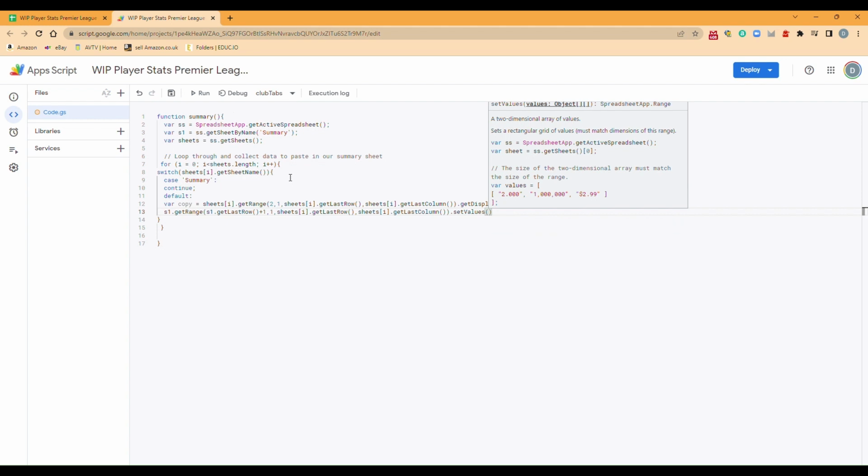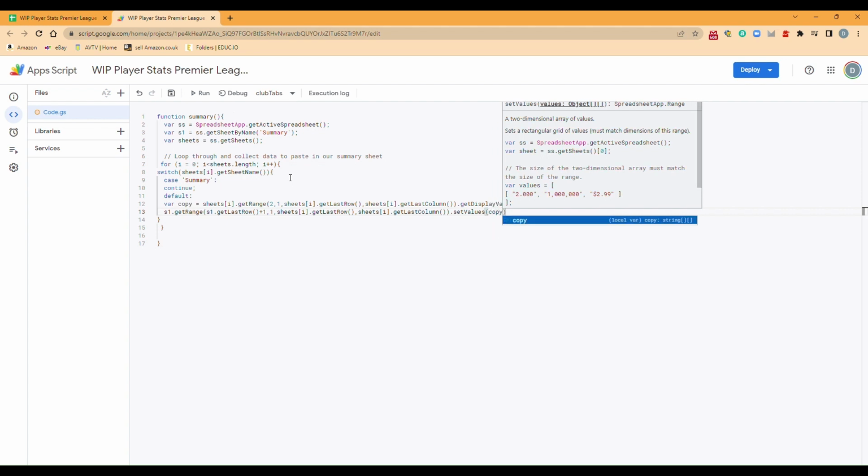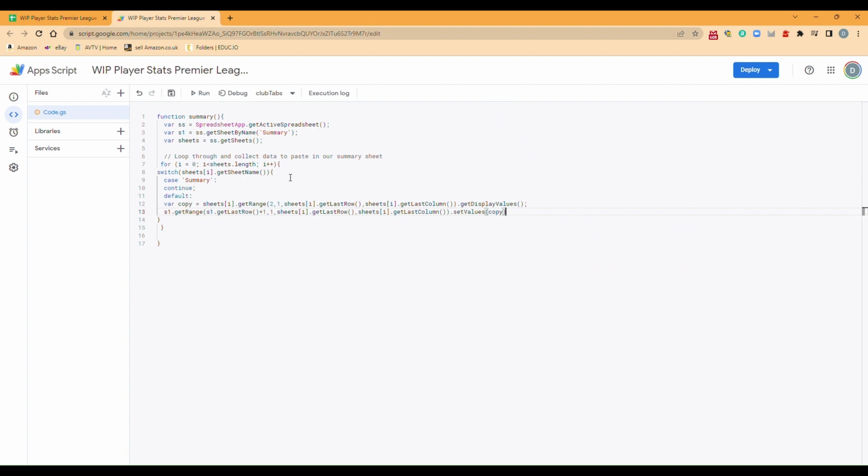And now we need to type in the name of that variable that we're copying, where that data is. So that is in copy. Okay. So we've got that data. So we've got that script now. So if we were to run that,